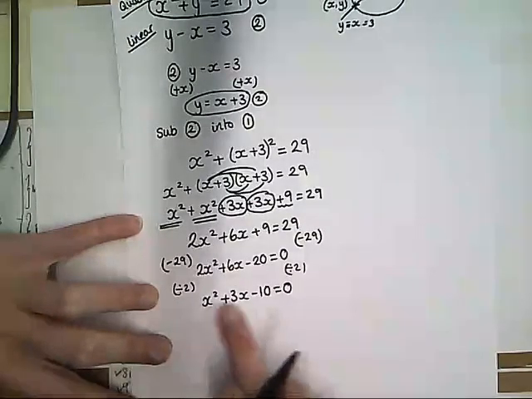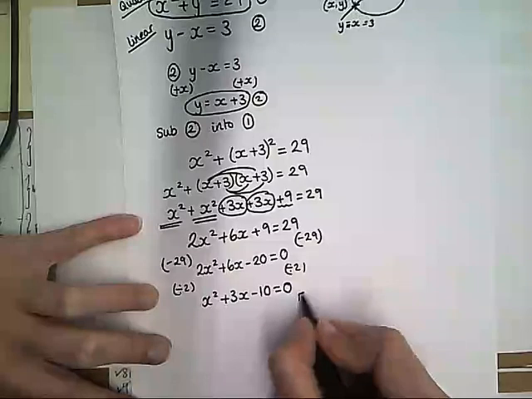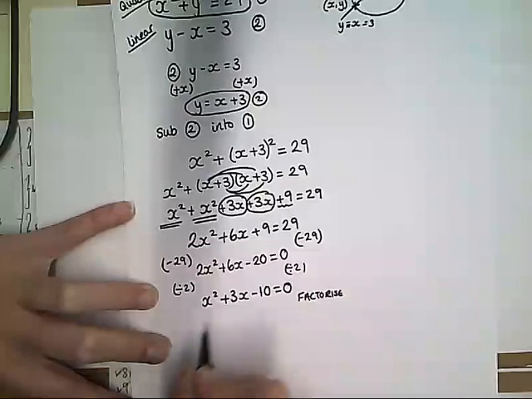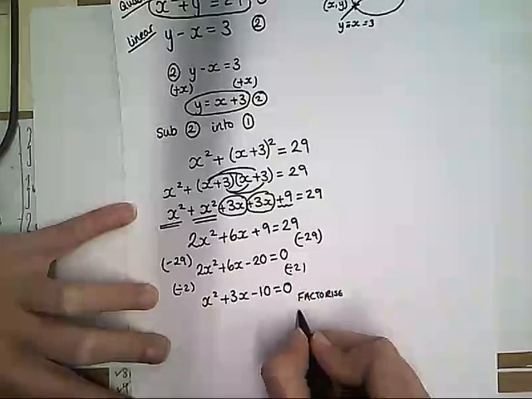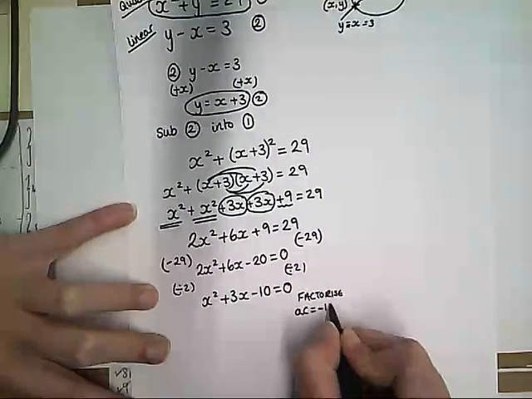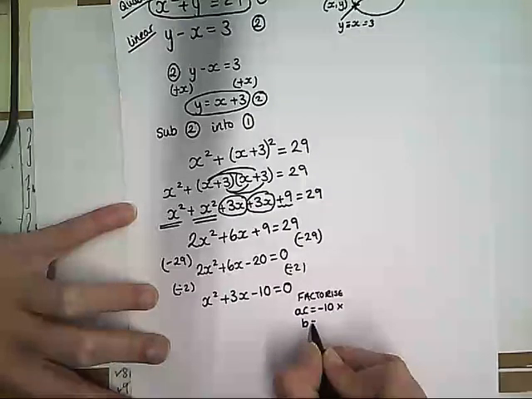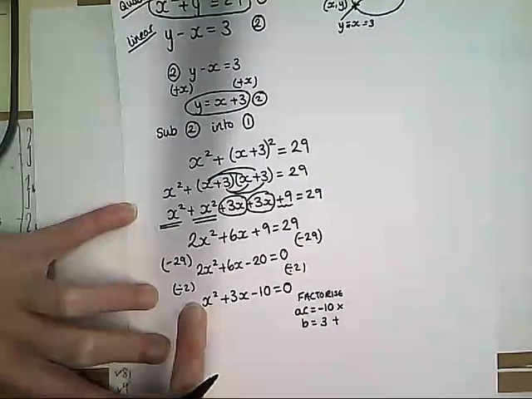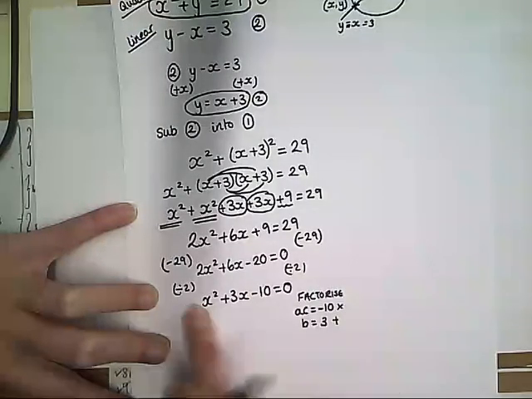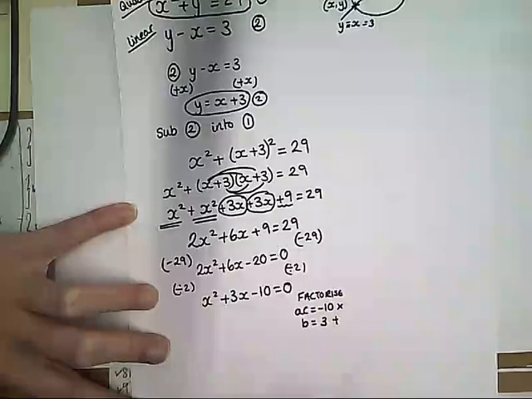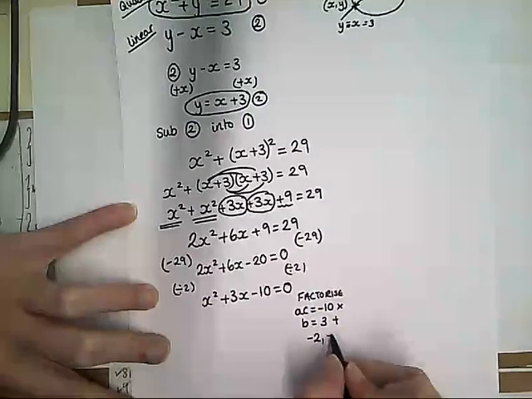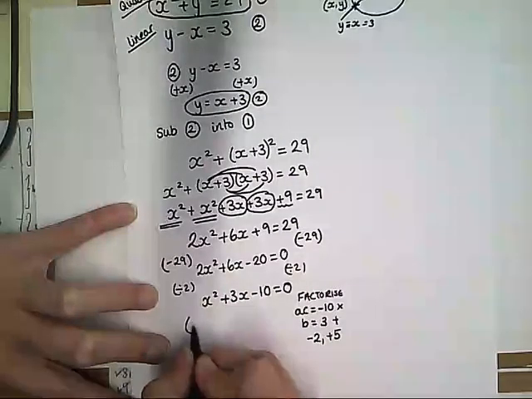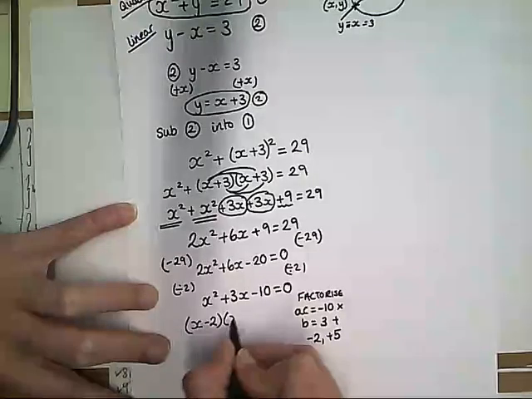So once we've got a quadratic, we know that to solve it, I have to factorise. I mean, you could use the formula, but we're going to assume this is a non-calculator question. So when I factorise this, I've got to find two numbers that times to get minus 10 and add to get 3. I don't need to worry about the number on the front because that's a 1. So two numbers that times to get minus 10 and add to get 3 are going to be minus 2 and positive 5. So when I put that into brackets, I've got (x minus 2)(x plus 5),